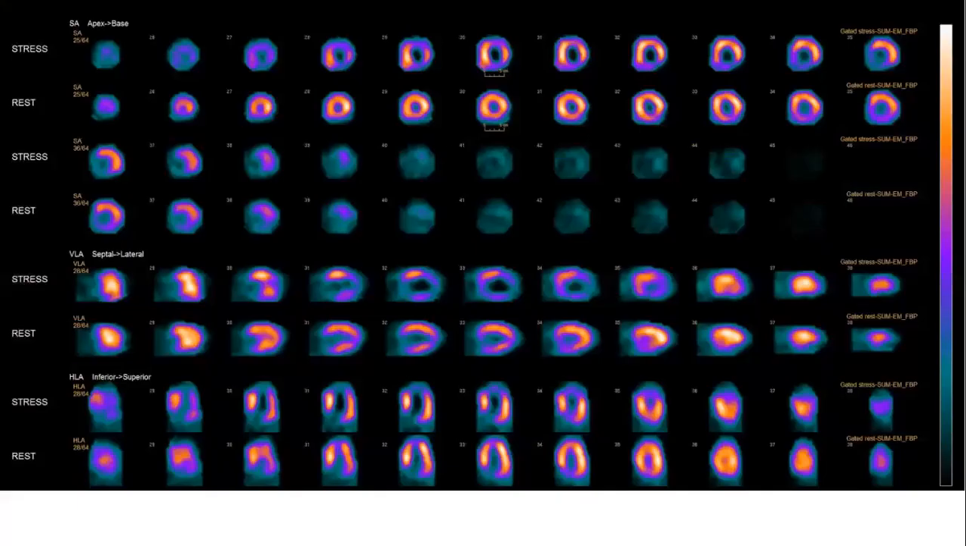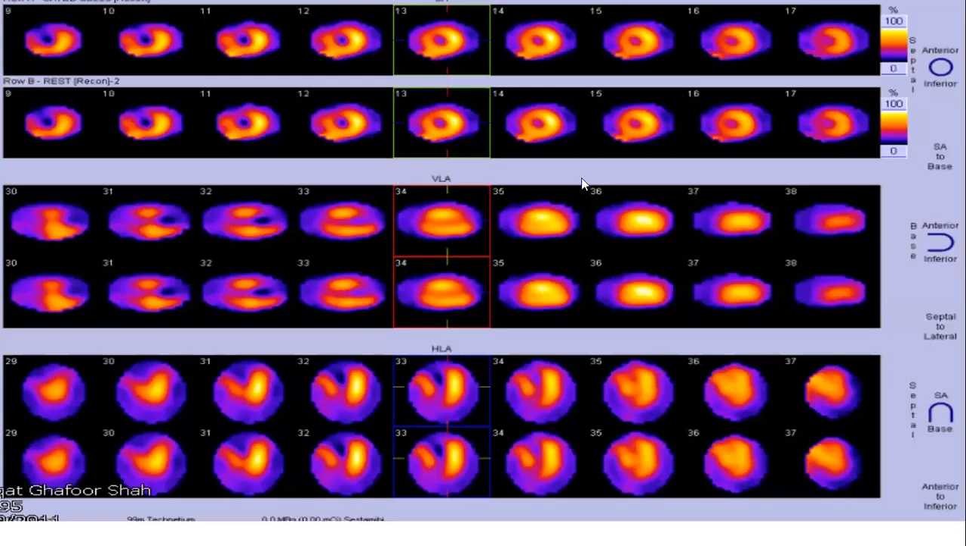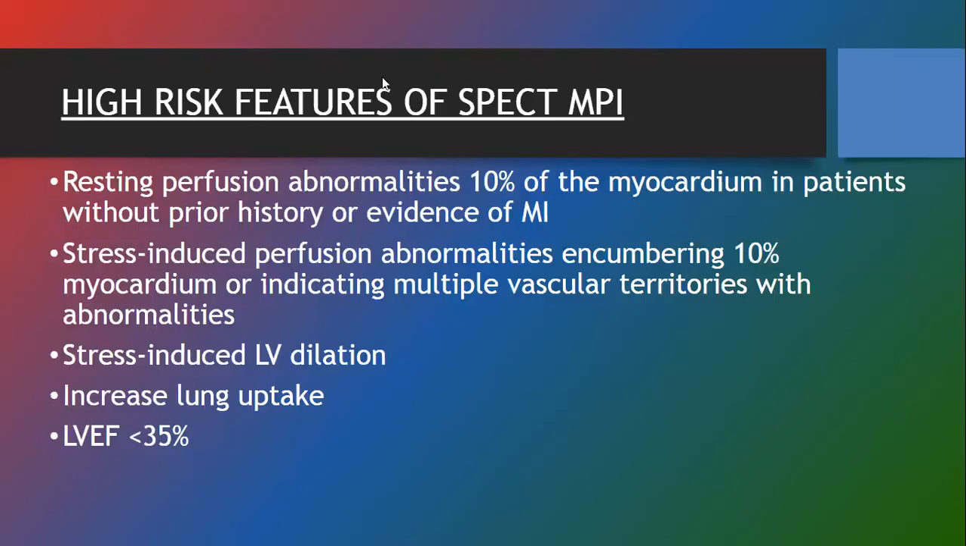High risk features of SPECT MPI: resting perfusion abnormalities of more than 10% of the myocardium in a patient without prior history or evidence of MI. On rest, if you find perfusion abnormality of 10% of the myocardium, that means simply 3 or 4 segments. Or if stress induced perfusion abnormality